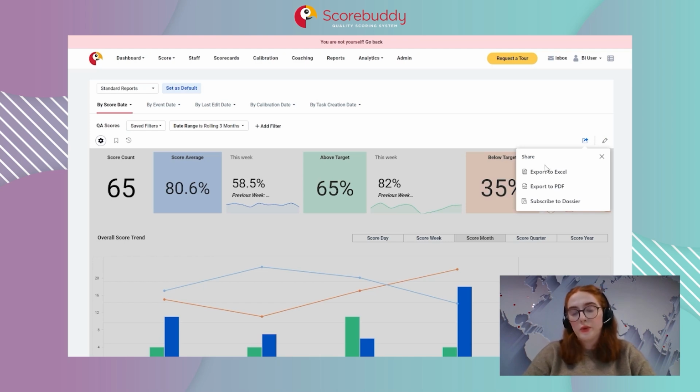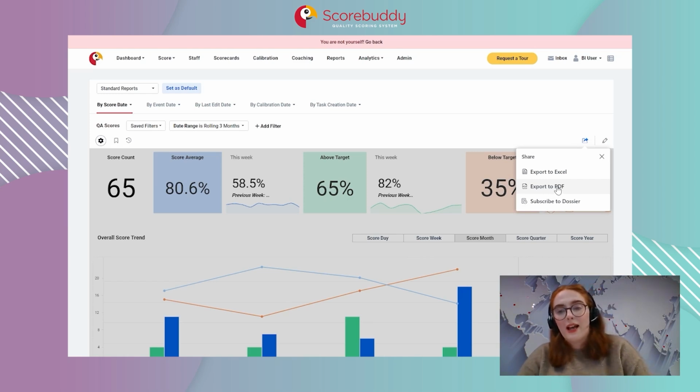So you have your export to Excel, which of course will be your grids and show you all the figures there. Then you have your export to PDF. Export to PDF works great when you have spent so much time building out your reports to be colorful, to stick with your company brand. If you have a company logo in it, you'll be able to see it in the export for the PDF. And then any of your bar graphs, pie charts,